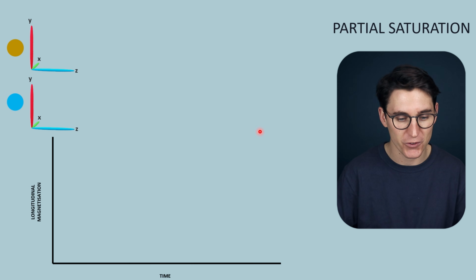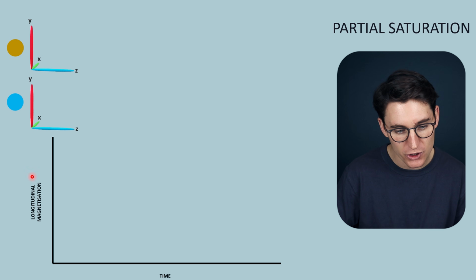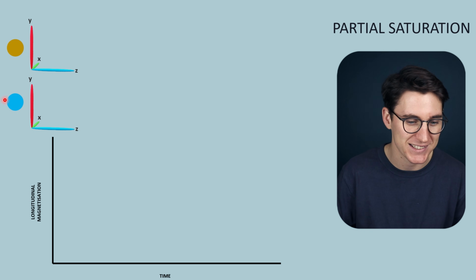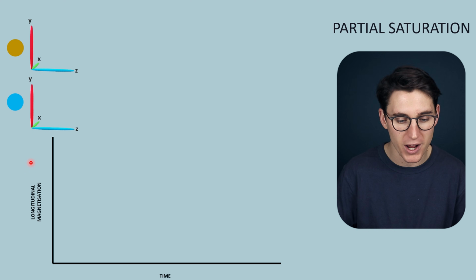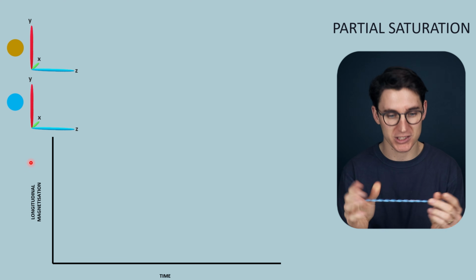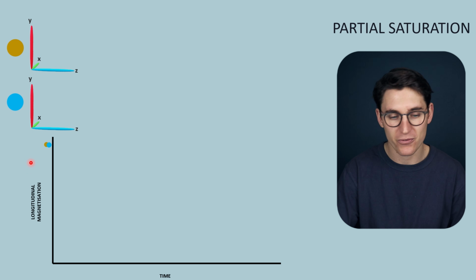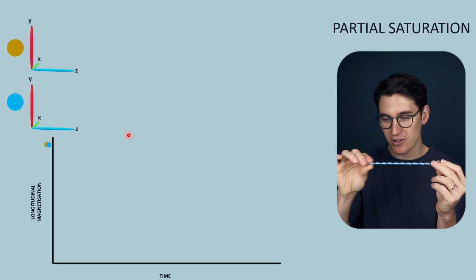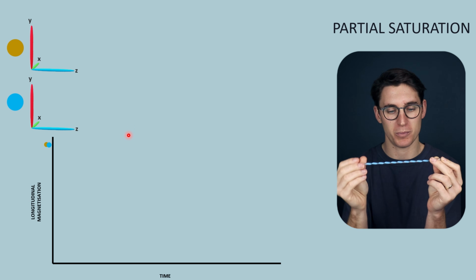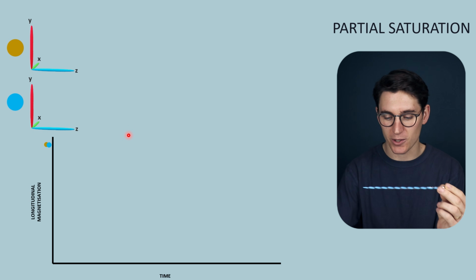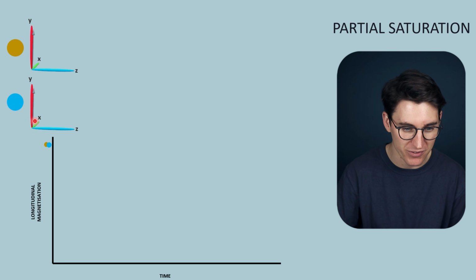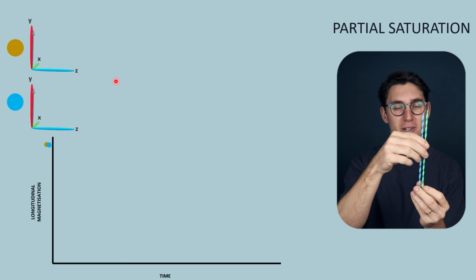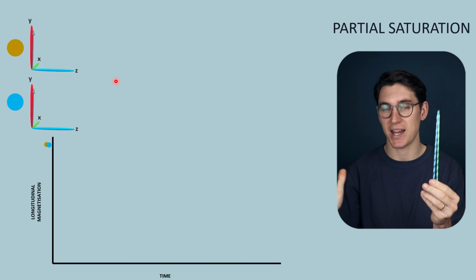Now we can look at this in a different way by looking at the changes in longitudinal magnetization over time for two separate tissues. Here we're going to look at fat and CSF. Now prior to the first 90-degree RF pulse, if we're using 90 degrees in this case, both fat and CSF will have full longitudinal magnetization. They are fully relaxed in the B0 plane, in the longitudinal plane. At one point then, we are going to flip the net magnetization vectors for each of these to 90 degrees. Both fat and CSF have now been flipped to 90 degrees, and we're getting maximum signal because we had maximal